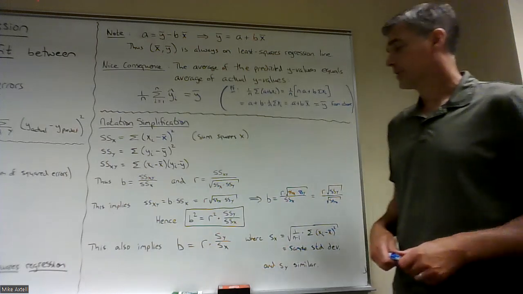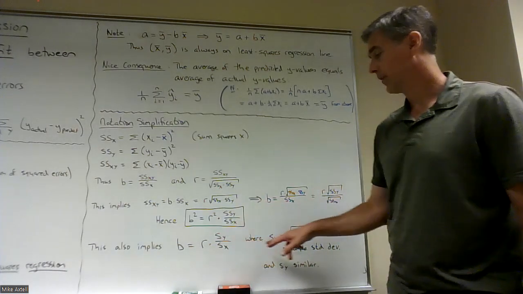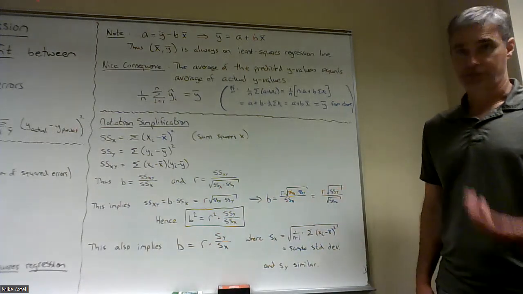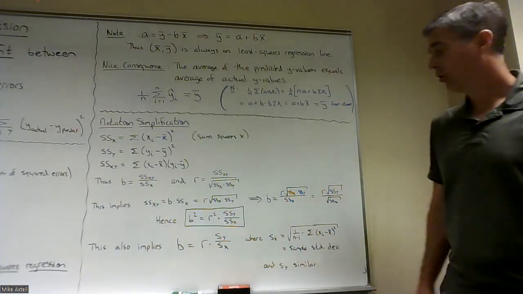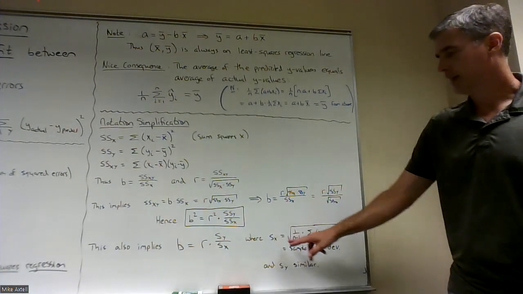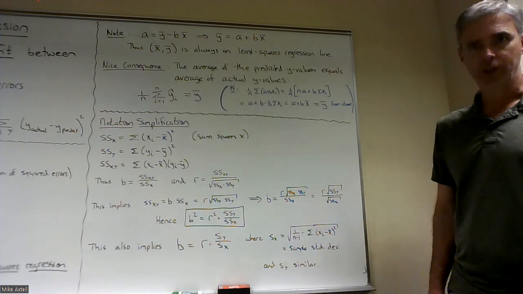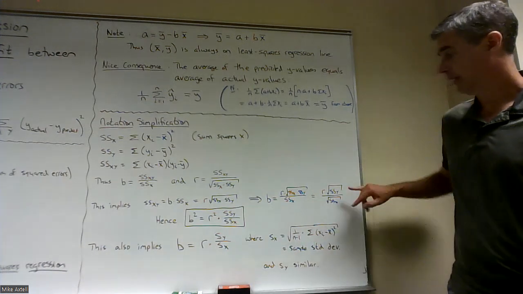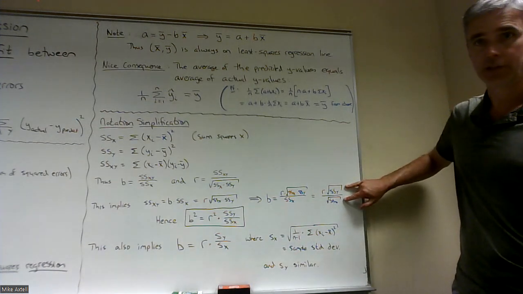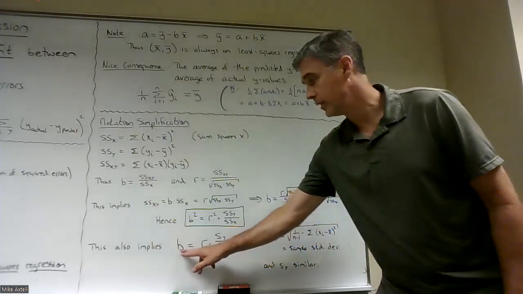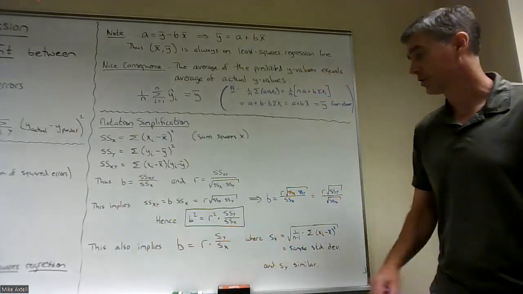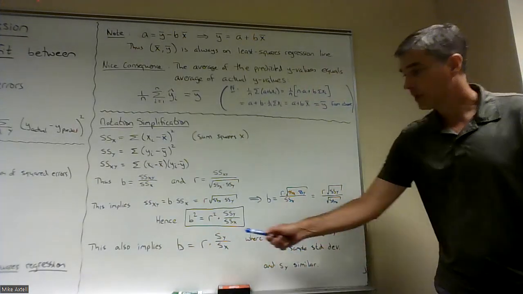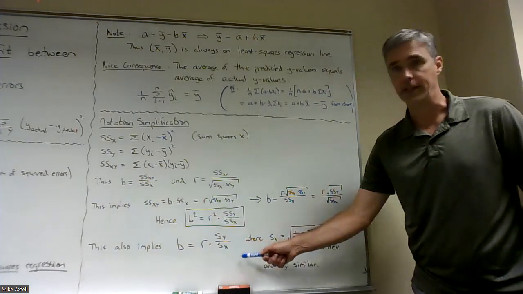And this also implies that if I replace SSY and SSX with SY and SX, if you recall, that's the sample standard deviation, the equality still holds. And you might say, well, hold on, SX and SY have those 1 over n minus 1s underneath the square root. Yeah, they both do, so they would cancel, leaving us right back with those expressions in their place. So we also have B is equal to R times the sample standard deviation of Y over the sample standard deviation of X. Okay. All right, I'm going to pick up the next video with this idea on the next